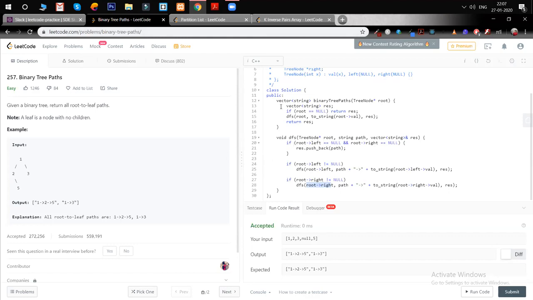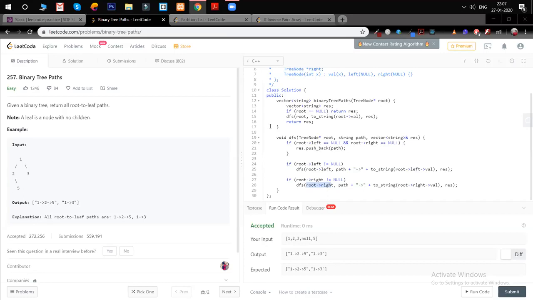Anyone else with some other approach? Similar thing, but instead of creating the string by passing the parameter, I had a stack and put all those things in there, and then at the end, when I'm at the leaf node, I created a string out of it and pushed it into a result set. Okay, so you just use the stack for the reversal, you pop when you reach the leaf node. Yeah, right. Okay, fine. So other approaches do you have?